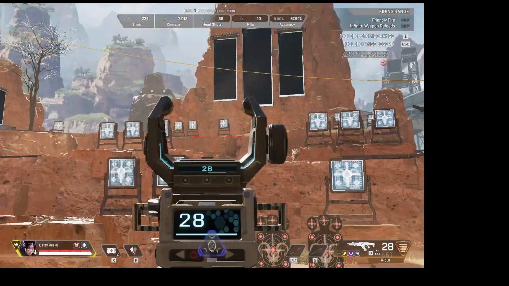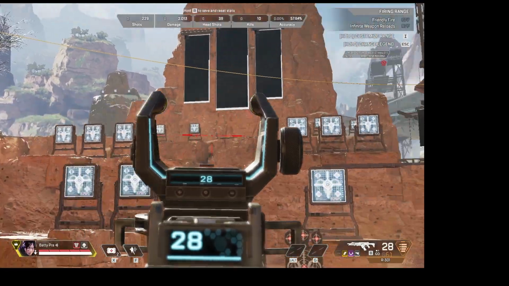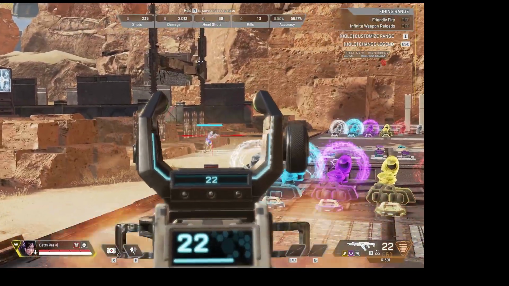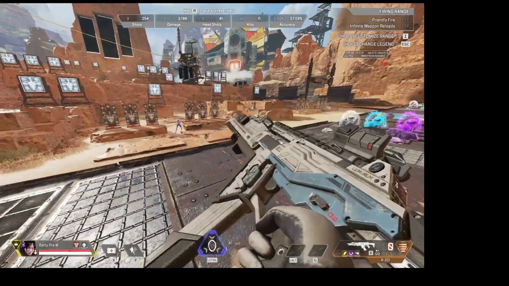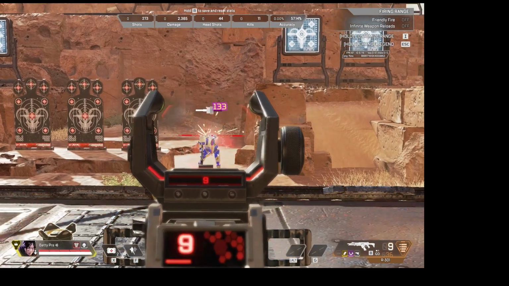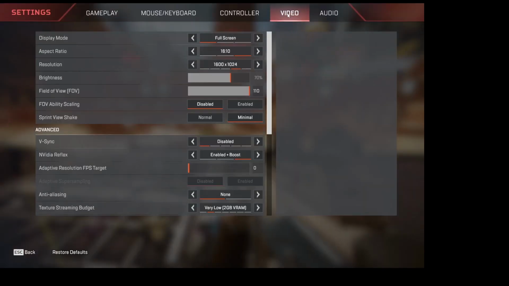As you guys can see, it's going to be the same aspect ratio. I'm going to be able to see the objects clearly here as well. So as you can see, there is not much difference compared to your 1680 by 1050 and your 1600 by 1024. So therefore, I personally recommend using a lower resolution if you're using an aspect ratio of 16 is to 10, but I don't recommend using a lower resolution than 1920 by 1080 if you're using 16 by